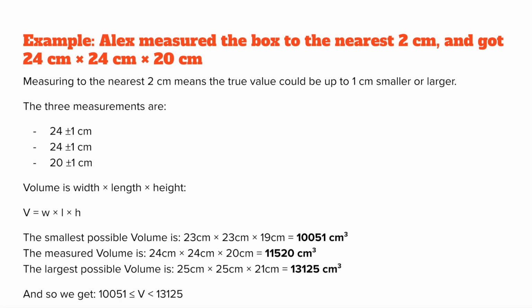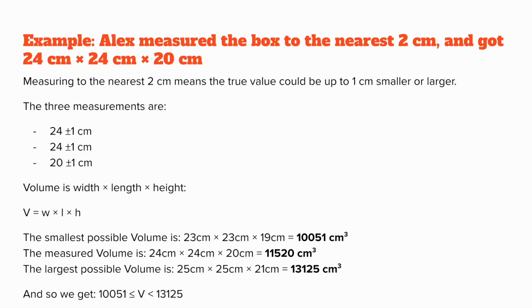The 3 measurements are 24 plus minus 1 cm, 24 plus minus 1 cm, and 20 plus minus 1 cm. So the volume is width times length times height. So the smallest possible volume is 23 centimeters times 23 centimeters times 19 centimeters, which should be 10,051 centimeter cube. The measured volume is 24 centimeter times 24 centimeter times 20 centimeter, which should be 11,520 centimeter cube. The largest possible volume is 25 centimeter times 25 centimeter times 21 centimeter, which should be